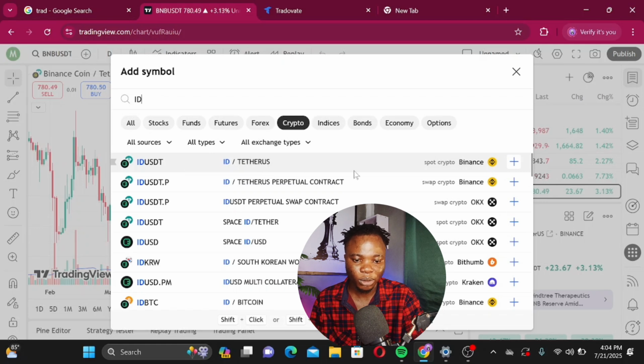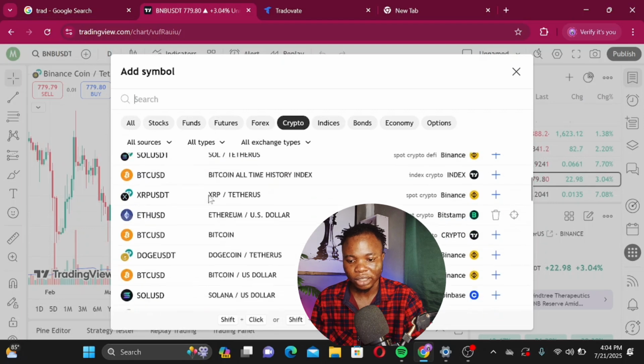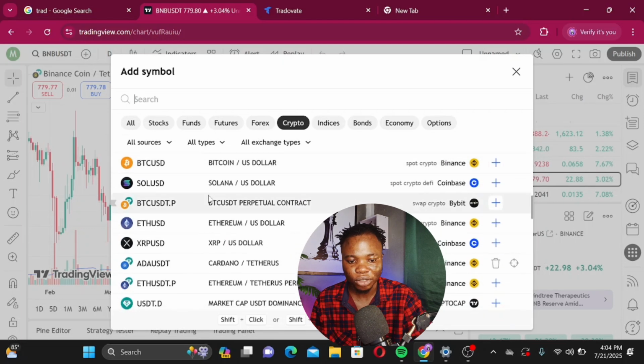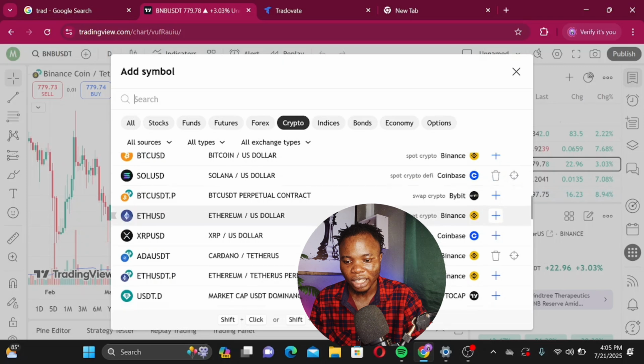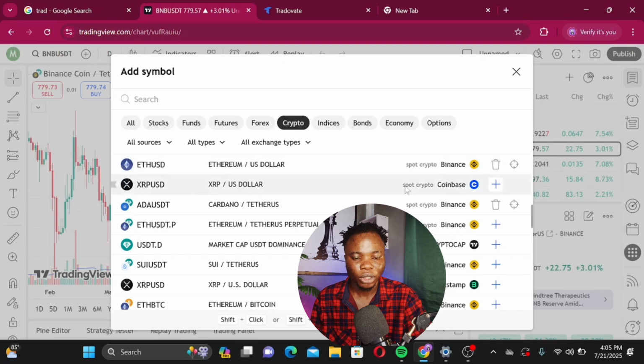You can always come here and click on add, then you can cancel it and search here, search more, depending on the one you want to use, right? Then you can find the one you want and search. If you want Solana to USDT, let's put Solana to USDT, click on it. You can click on add, just add any you want, like Ethereum to USDT. You can click here where you see add. So all you have to do is come here to where you see cancel, and click here.